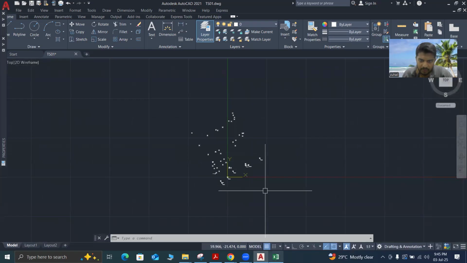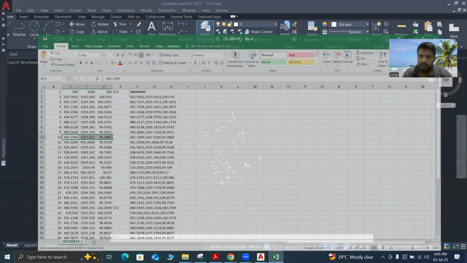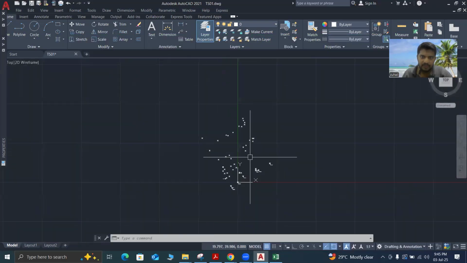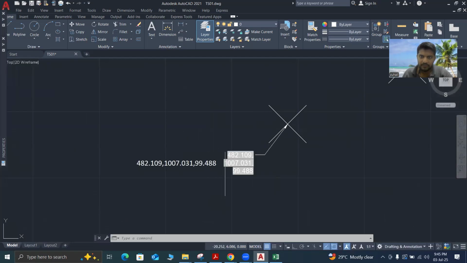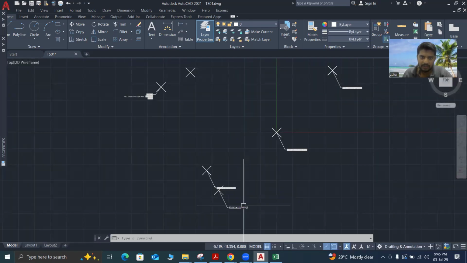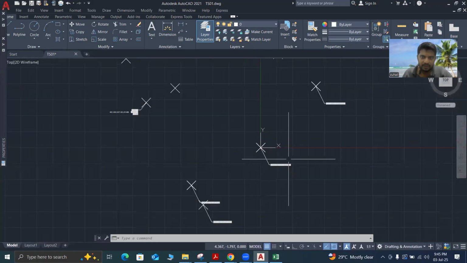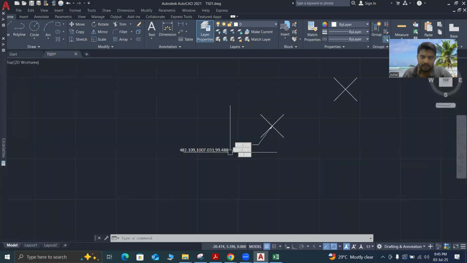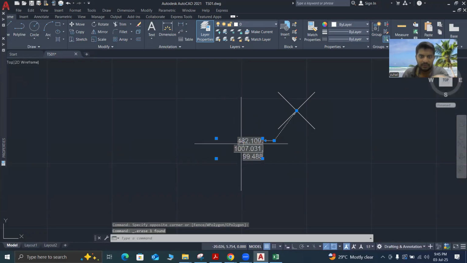imported from this file, this particular Excel sheet, group 22, group 3, 4. The coordinates are here. Like this, you can show all the coordinates. If you need, you can show all the coordinates in this way. Okay, if you want all the coordinates, what I will do is